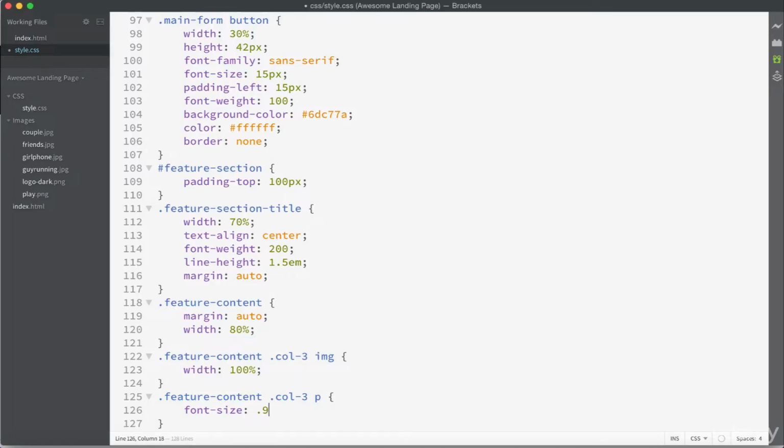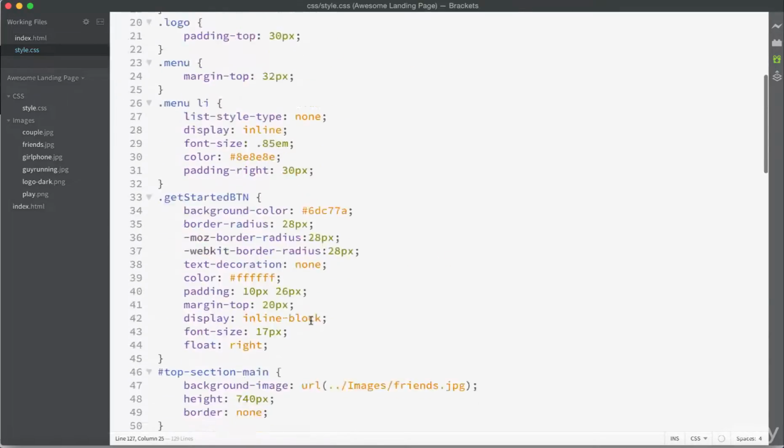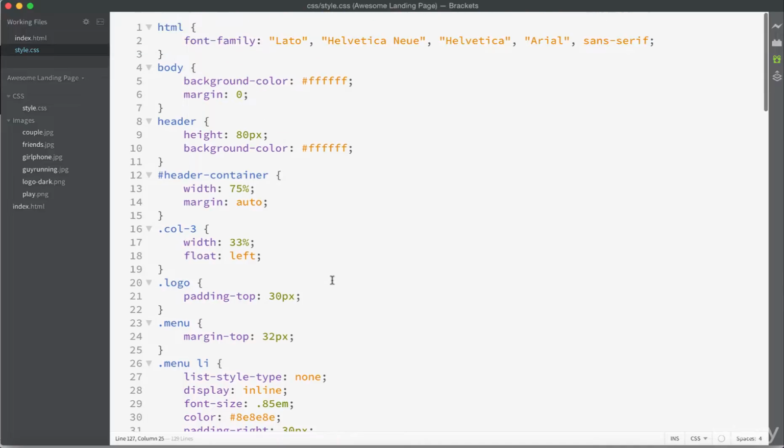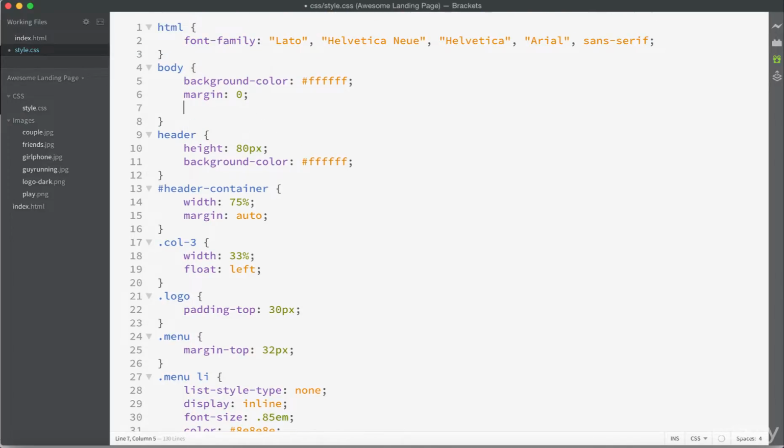Let's do 0.9em. We're also going to change the letter spacing. Let's do letter spacing of 1 pixel. And I actually want to go all the way up to our body really quickly and change a few things. So up to the body, we have background color and a margin. I want to add a few things. The first is the same font family we have in our HTML. So let's grab this,